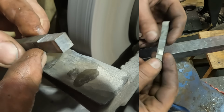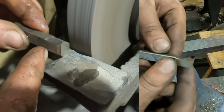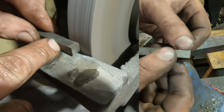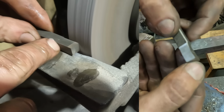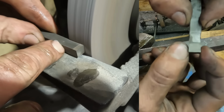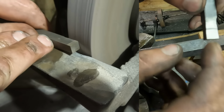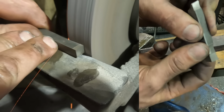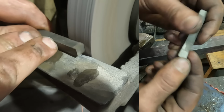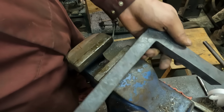So this is our finished tool setup. This is the tool bit that I ground. We got a couple of degrees of front rake, about 5 degrees clearance underneath, and then a couple of degrees clearance this way, and then the same in that direction. So this would be the cutting edge, and as it comes through the material we want clearance where necessary. That's going to fit into our forged bar,